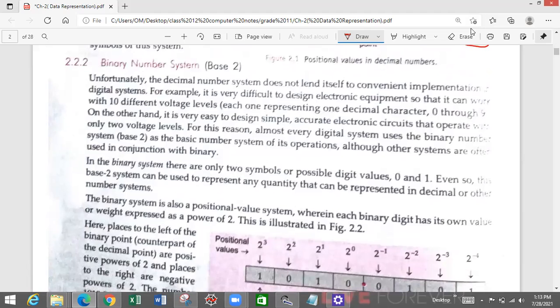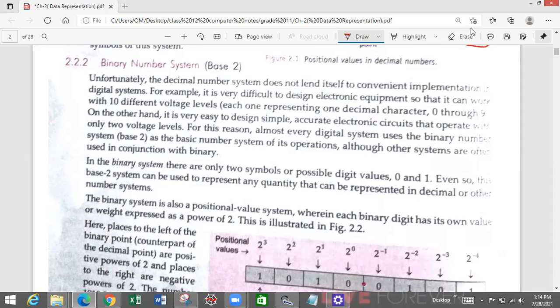Why do we use the decimal number system? We use the decimal number system because it is very easy to understand, easy to utilize, and in our hands also we have 10 fingers. In our legs also we have 10 fingers. So it correlates very easily. And it is a universal method of quantifying things. If I want to give a quantity of a particular object, I can use the decimal number system anywhere. It could be India, it could be outside India. You can utilize it everywhere. It's a global number system.